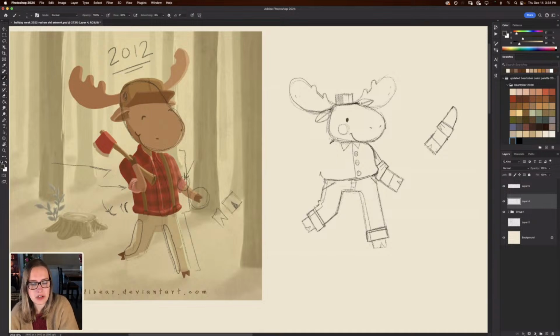You know what I'm gonna do? I think... Oh, you know what? I just realized I forgot to draw his suspenders here. That is something that I have a tendency to forget to draw in my pieces, extra things. Like, for instance, when I'm drawing animals that have tails, I will forget to draw the tail 90% of the time, and then I won't notice until after I've posted it on Instagram. There we go. His little suspenders. Okay. This arm here is giving me grief just as much as Zoom is.